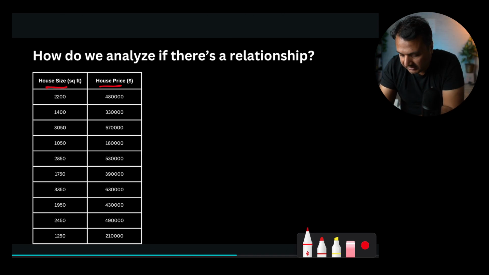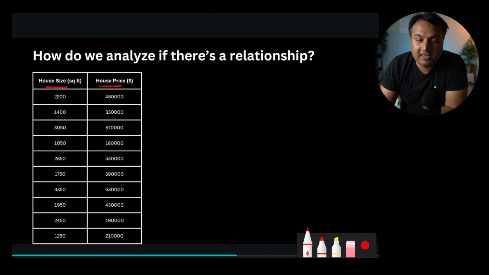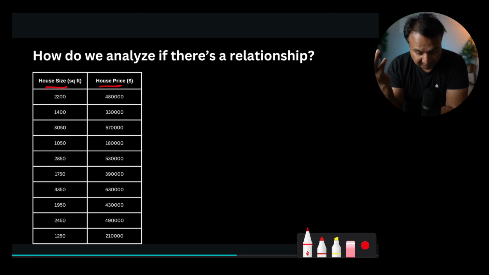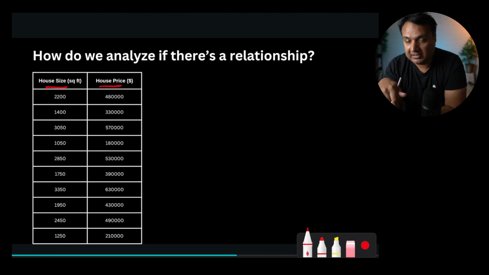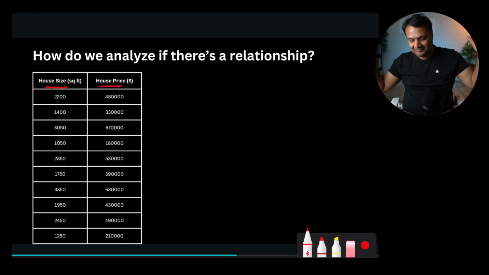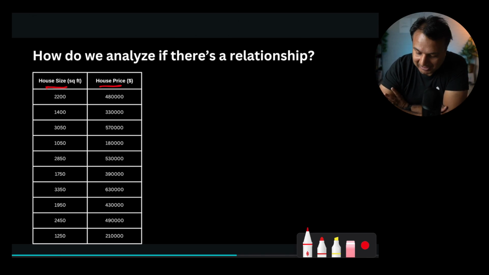So this is just 10 records. I would encourage you to look at it and see, by just looking at it, can you tell if there is a relationship, there is no relationship, is it a strong relationship? What is it? And these are just 10 records. What if I had given you 10,000 records? Can you look at it and see what the relationship is and draw any insights out of it? And this can apply to any problem you're trying to solve. If you have the data, you want to see if there's a relationship or not.